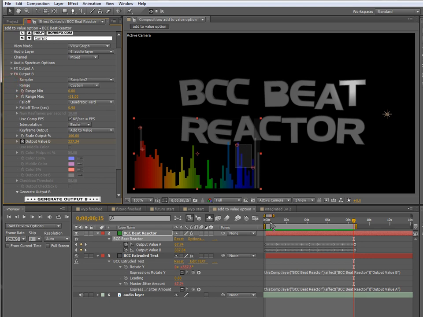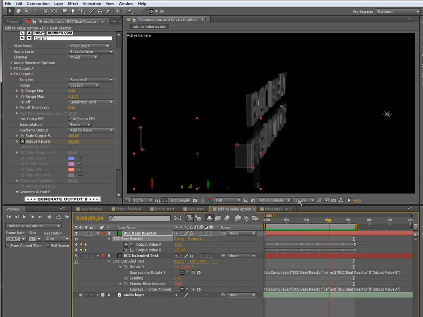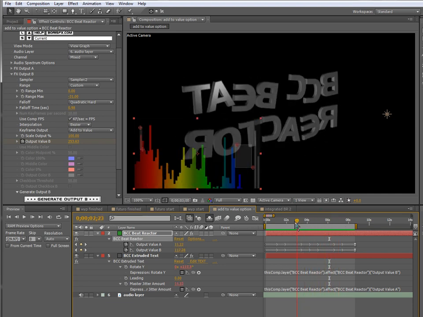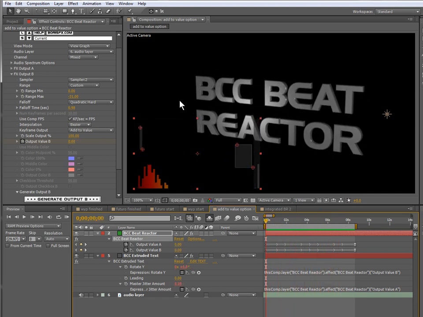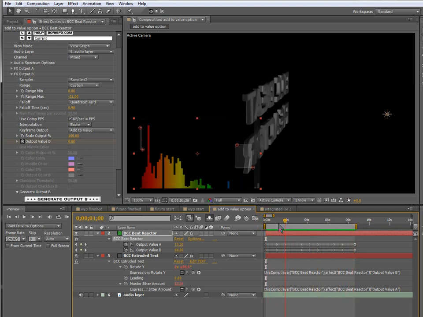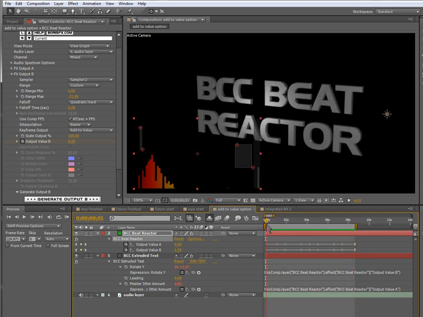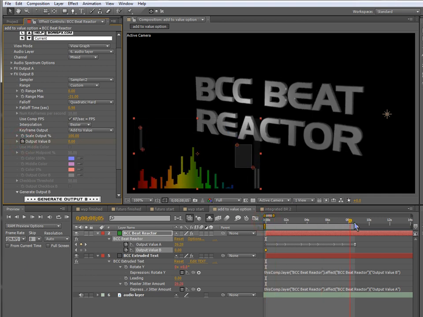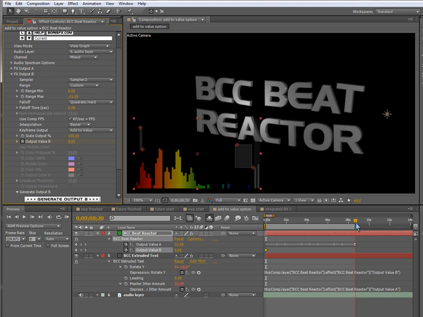You see that with these high end, again, there's a lower end drum and some higher end stuff going on, and I had the entire 3D text rotating once around, but I still wanted the rotation to start at 0, end at 360, but be influenced by the sound in between. And the way I was able to do that, I can reset it here. I just turned off keyframing for output value B, so it's 0 on this frame, and if I go here and make it say 360,